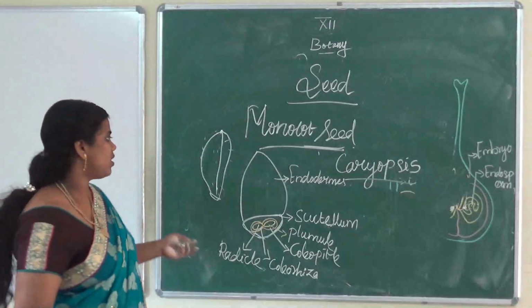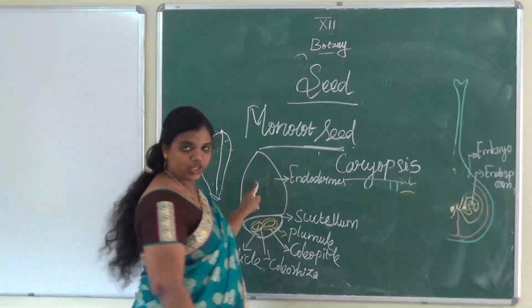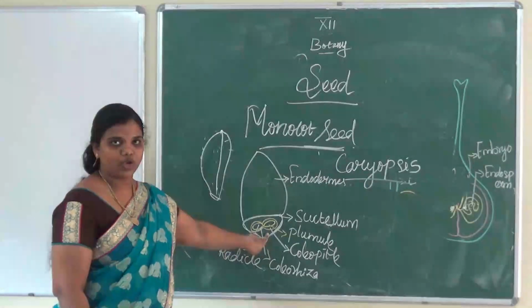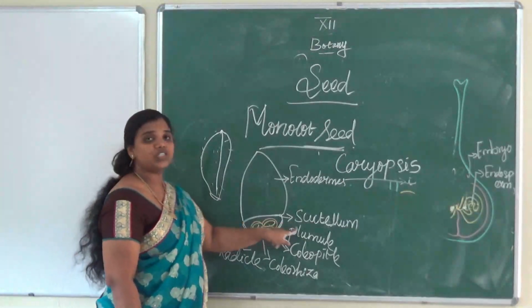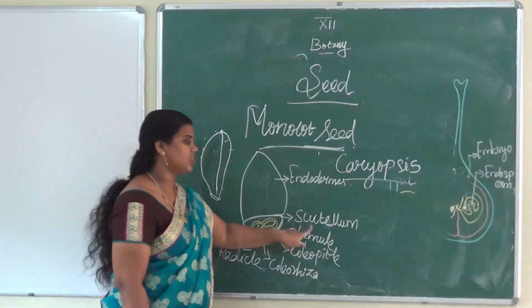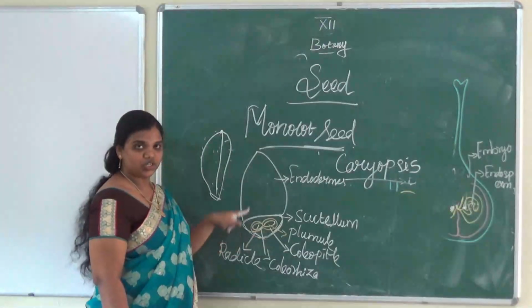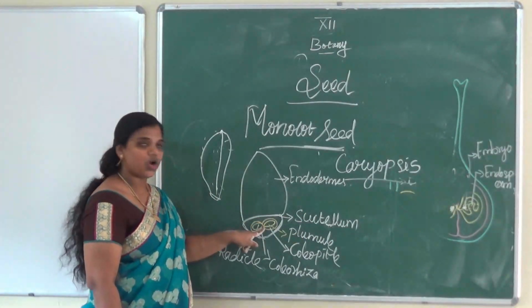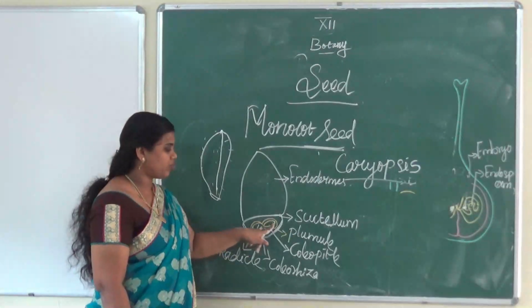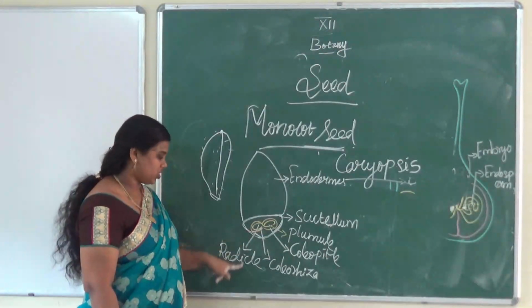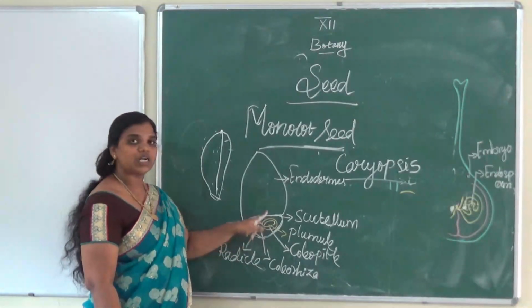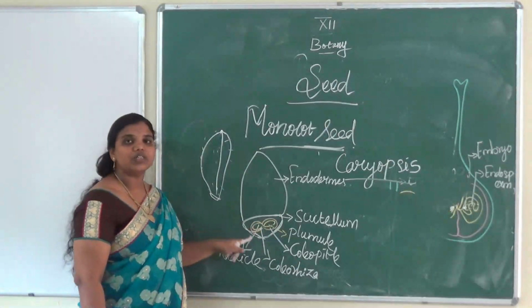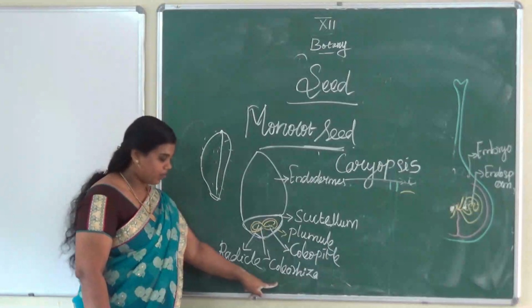In the one-seeded plant, the endosperm is a larger bulk, and the small portion is known as the embryo. The shield-shaped structure of the embryo is known as scutellum. Then the center portion is known as the embryonal axis. Above the embryonal axis is the plumule, and below is called the radicle. The plumule is covered by a protective sheath known as coleoptile, and the radicle is covered by a protective sheath known as coleorhiza.